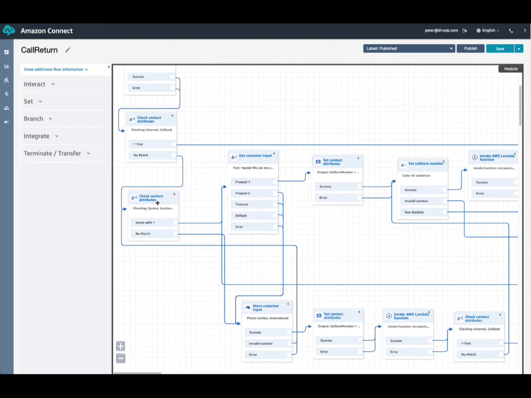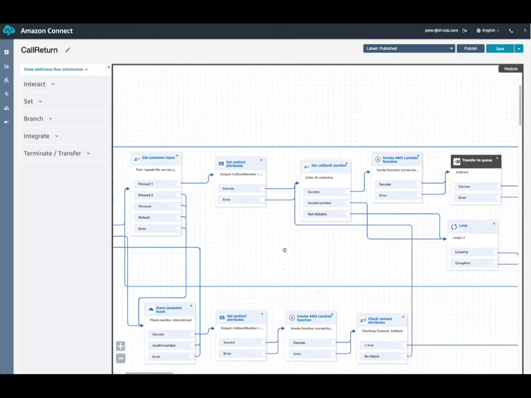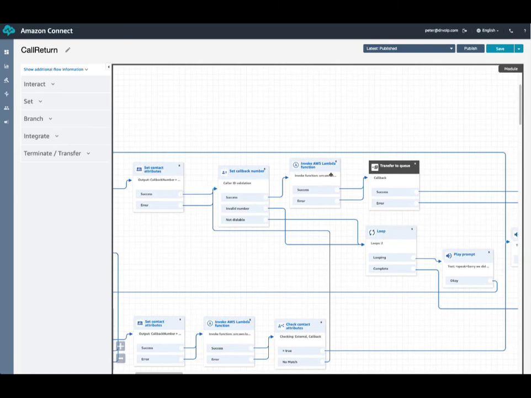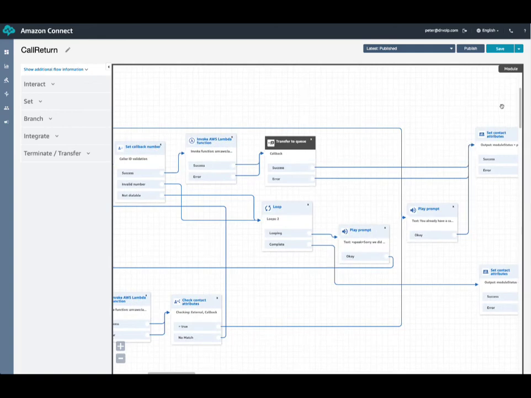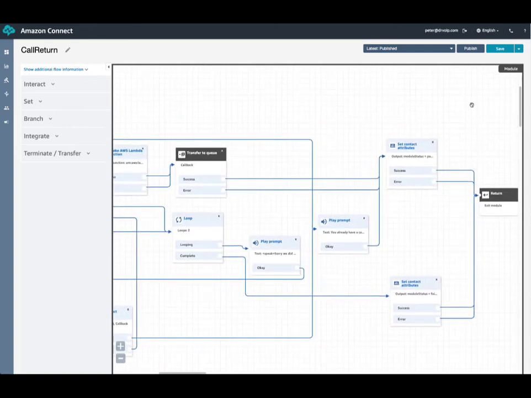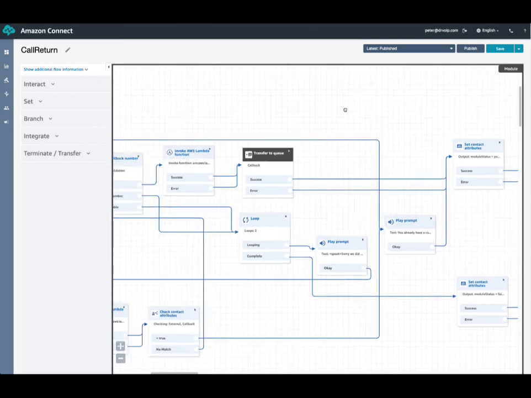So let's assume that they're not in that table. What we do here is we ask them, do you want us to call? We noticed you're calling from 1-800-946-6127. Should we call you back at that number? And if they say yes, we're done. If they say no, then what we want to do is create a new number and then add that number to the transfer queue, or set the contact attributes and write it to the DynamoDB table.